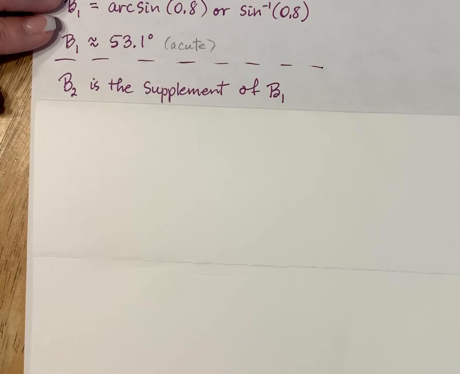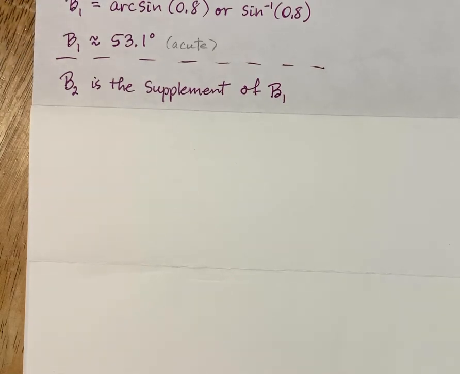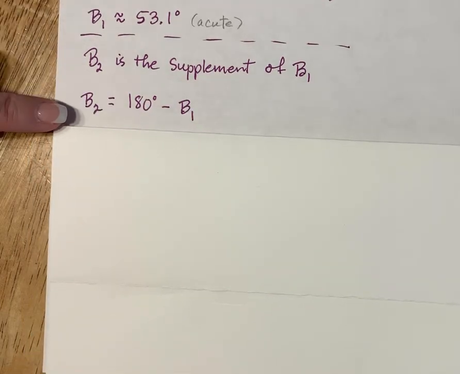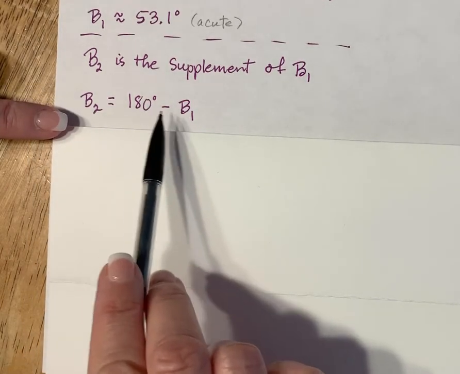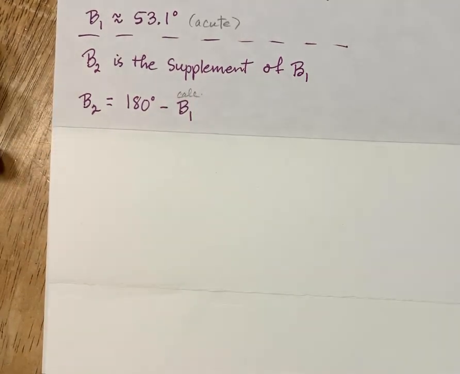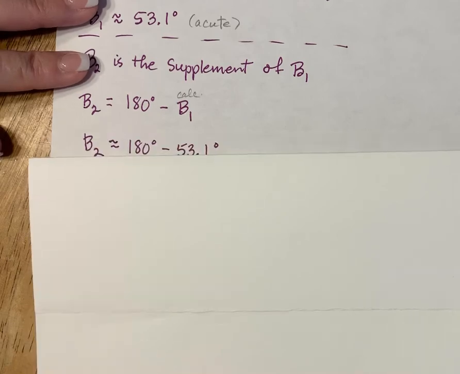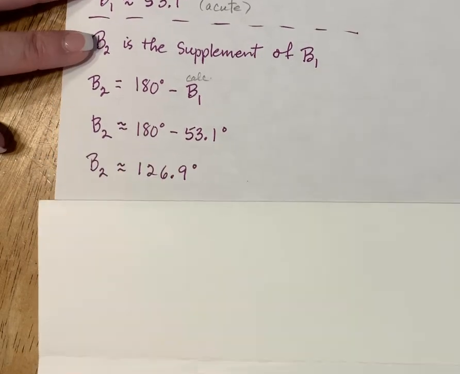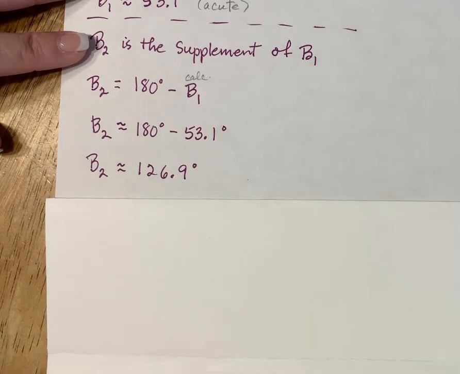And then to figure out the other one, you have to remember that it's the supplement of B sub 1. The calculator won't do this part. So you have to find the second angle by doing 180 minus the one the calculator gave you. So it's always 180 minus the calculator answer, which in this case would be 180 degrees minus 53.1. And that would give us a second possibility for angle B. So B sub 2 would be